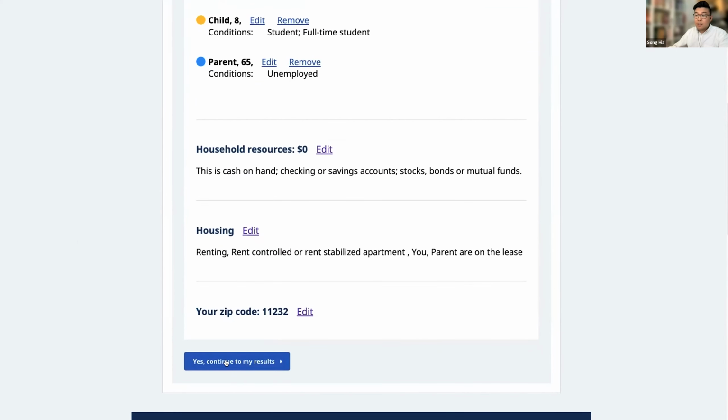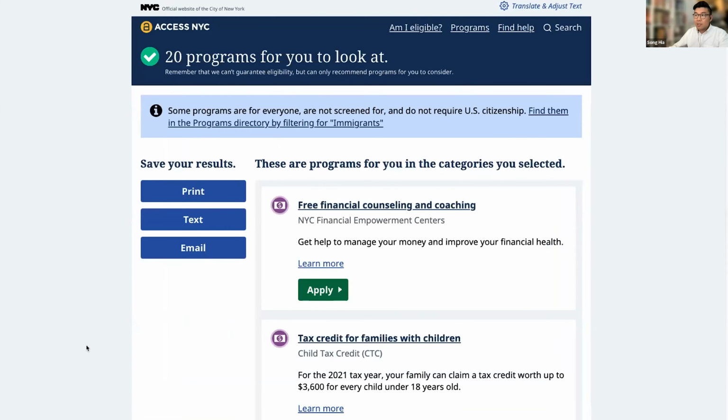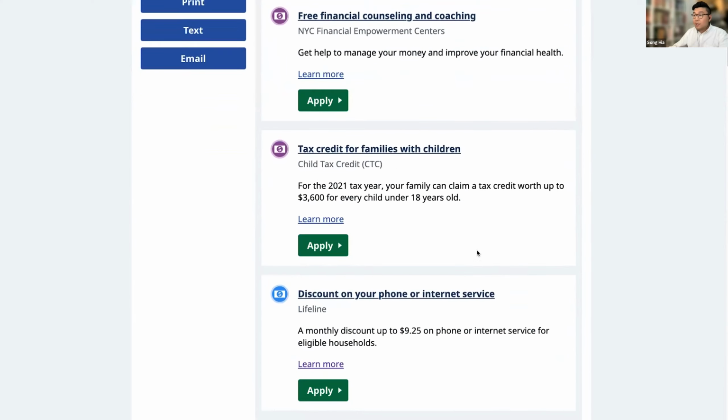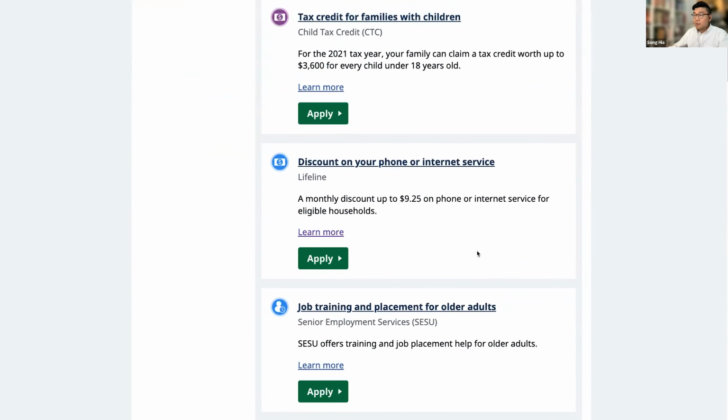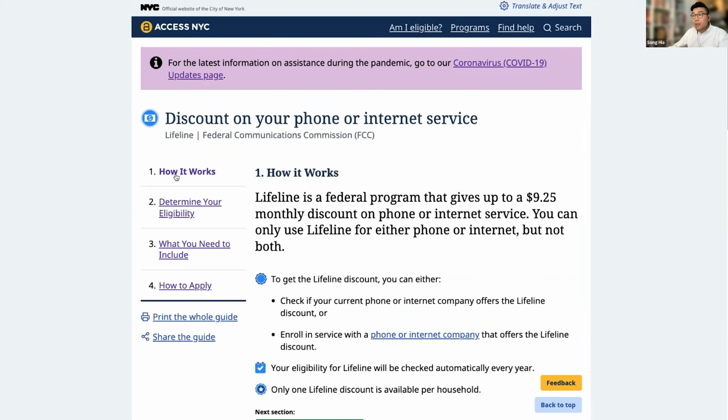And once we click yes, continue to my results, we'll get taken to a results page where we'll have a couple of different options. We'll have the option to text and email ourselves the results, and we'll also see the results of programs that our household may potentially be eligible for. Scrolling down, we'll see a number of different options. We can learn more or learn how to apply to the program. If I just click through and click the Learn More button, I'll get taken to the program guide, which breaks